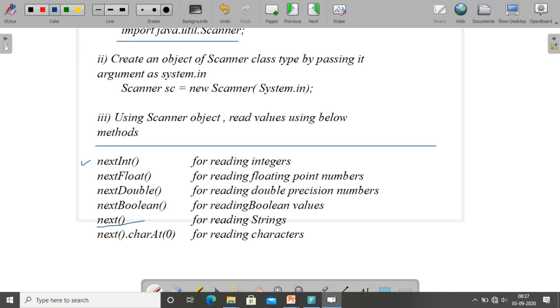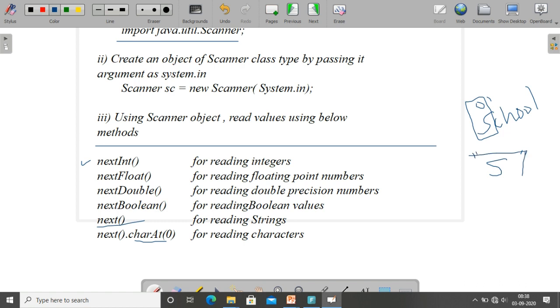So what we have to do is use the next method, which is for strings. We read a string, and the 0th position of that string is considered as the character. For example, we are reading the string school. Positions always start from 0, 1 like this. So the first position is considered as the character.